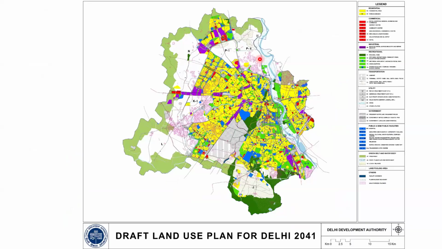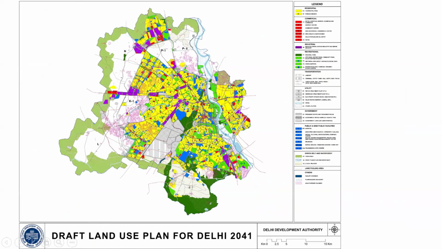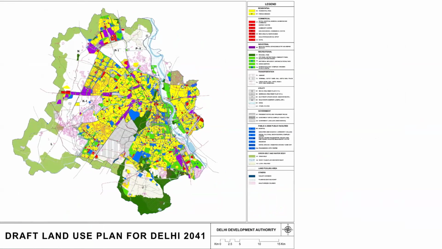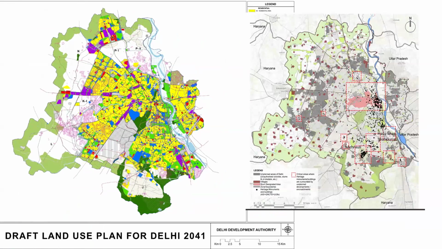But this is on paper, and if we compare it with our analysis, I'm just going to bring this plan here. So if you see, yellow is the residential, and a lot of it is also